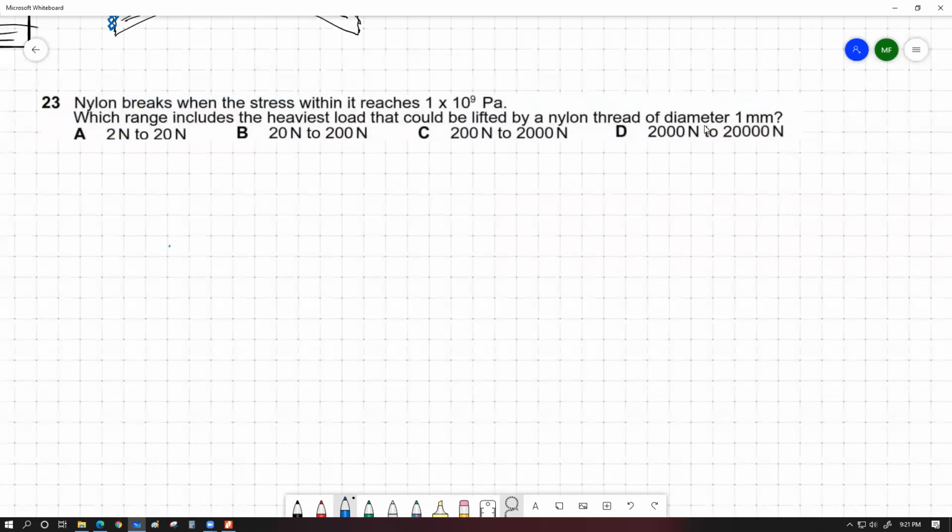আমাদের ফর্মুলা হচ্ছে কি সিগমা ইকুয়ালস টু F ওভার A, তাহলে F equals to হচ্ছে সিগমা ইনটু A, সিগমা হচ্ছে 10 to the power 9 মাল্টিপ্লাই বাই ক্রস সেকশন এরিয়া। এখানে এরিয়া দেওয়া আছে মিলিমিটারে, এটা মিটারে কনভার্ট করা লাগবে। এটা আবার দেওয়া আছে ডায়ামিটার, তার মানে এটা হবে পাই ইনটু 0.001 ডিভাইড বাই 2 হোল স্কয়ার। বুঝছো কি বলবান? ডায়ামিটারকে রেডিয়াস বানালাম, পাই আর স্কয়ার করলাম, মাল্টিপ্লাই বাই দ্য স্ট্রেস ভ্যালু করে ধরো এটা কত আসে।